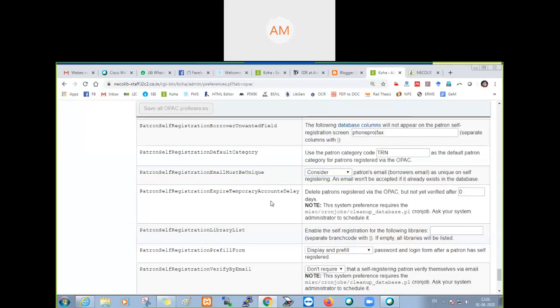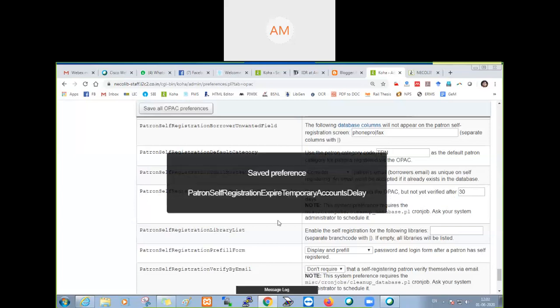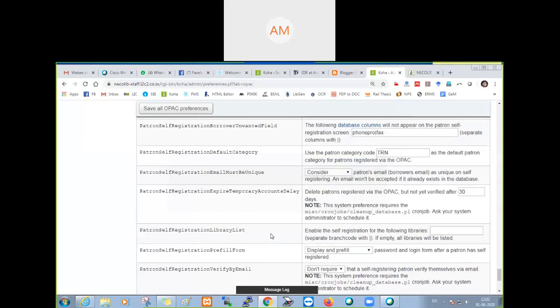The next is patron self-registration email temporary account delay. If you make it 30 days, after 30 days the self-registration will be removed automatically if it is not activated by the staff. This is patron self-registration library list. Enable the self-registration of the following libraries.